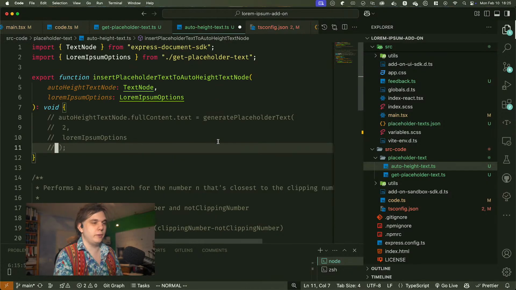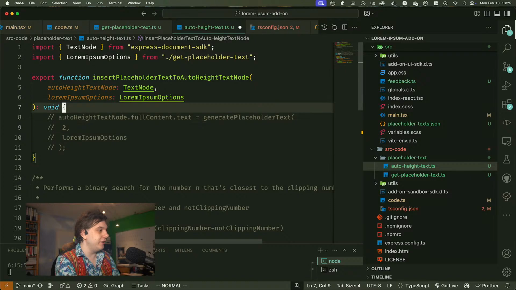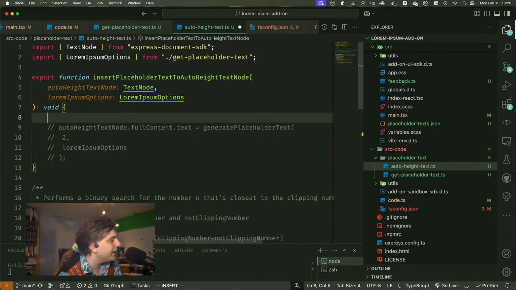And now we need to figure out the amount of text we need here. And so with that, what we first of all need is our original height, which we want to stay at or below. And so with that, let's say our height, let's see,